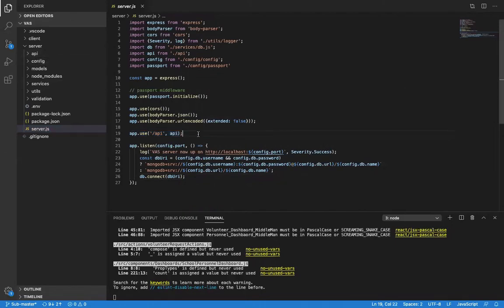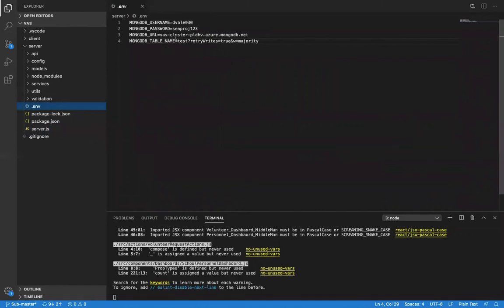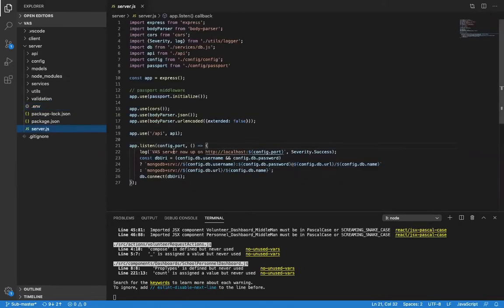Once we start up the server, the application will log into the database. That's what this block of code does here. And it will log into the database depending on the information stored in the .env file. This is the credentials to the development database we have. You'll see this is my account, and we use it for development purposes. So the application will connect to the database using that information, and then